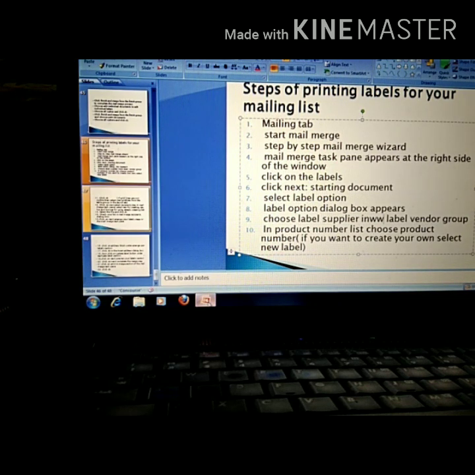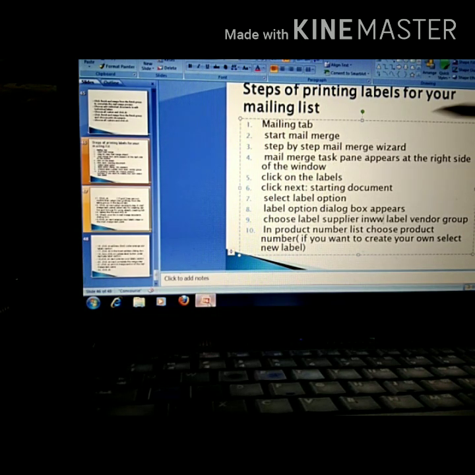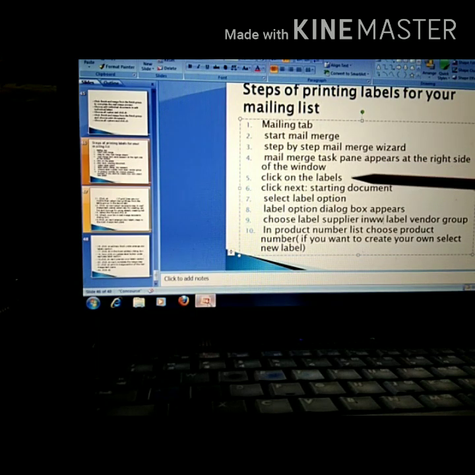Okay, how we can create this label. First of all, what did we do? We are clicking on this Mailing tab. Children, in the exam write it in a proper manner, that click on Mailing tab. Mailing tab, which group? Start Mail Merge group. And which option will we select? Mailing tab, Start Mail Merge group. Click on the Start Mail Merge option. Here is the step by step mail merge wizard. When you click on this, select labels. Okay, on the right side one window will appear and then click on this label option.